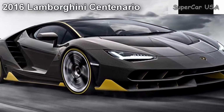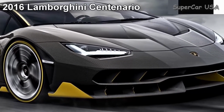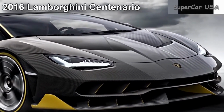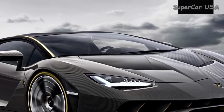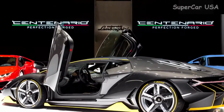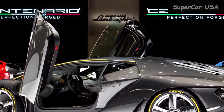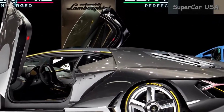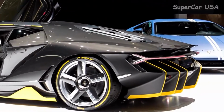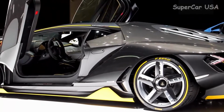The Centenario is a showcase of Lamborghini talent, from engineers and craftsmen to designers. As with the Veneno, the Centenario builds on Lamborghini's mid-engine V12 architecture that underpins the Aventador, juicing it up with Lamborghini's most powerful V12 engine and wrapping it all in a shape that's tough to describe in words. Like the body, the central structural tub also is completely composed of carbon fiber, helping keep dry weight down to a claimed